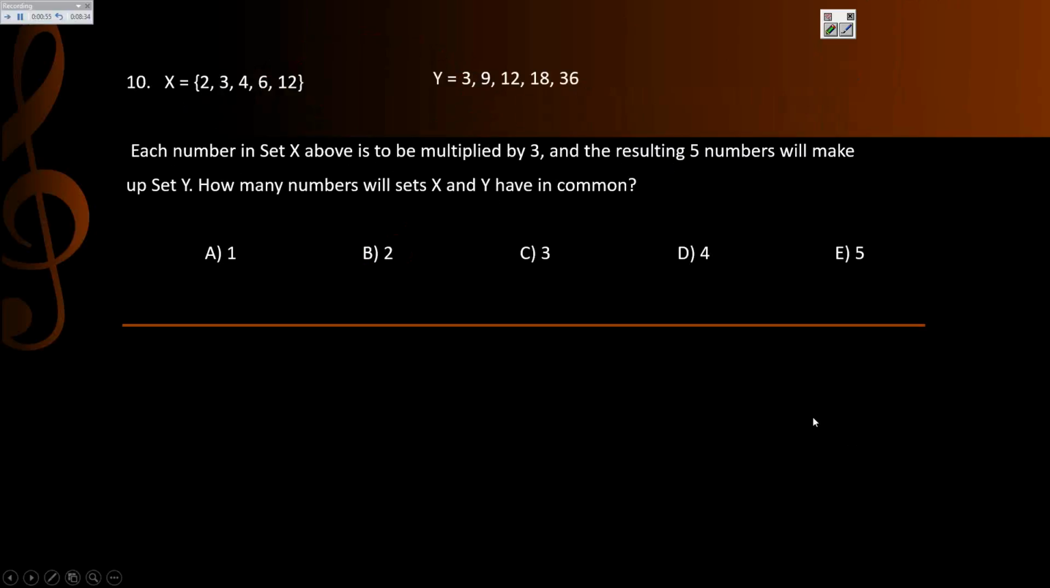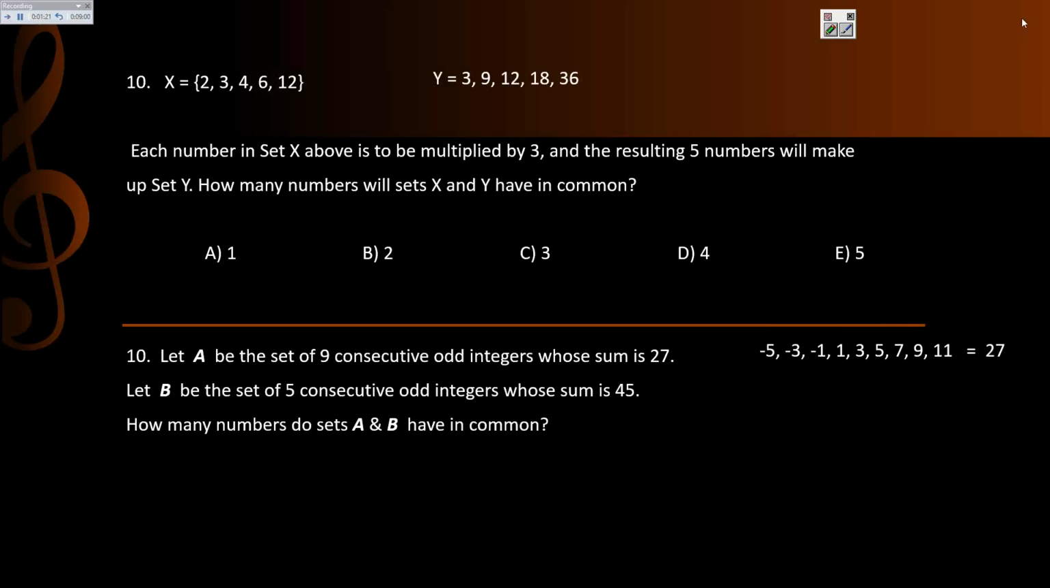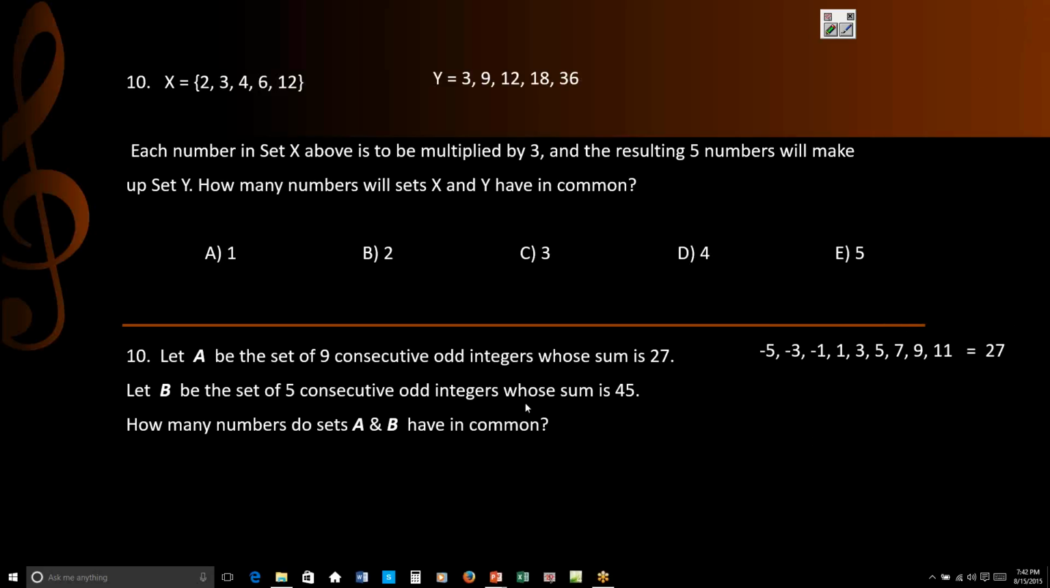And then let's see if we've got one more to go in here. Let A be the set of 9 consecutive odd integers whose sum is 27. And let B be the set of 5 consecutive odd integers whose sum is 45. So we want to know how many numbers do sets A and B have in common. Let's just look at this. If I have 9 consecutive numbers and their sum is 27, 9 consecutive numbers,